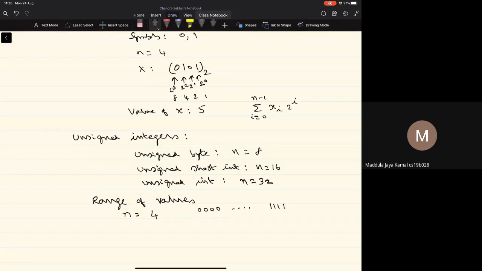All ones, right? So the smallest magnitude of the number corresponds to when all the bits are 0, and the largest magnitude corresponds to when all the bits are 1, right? What is the value of this bit sequence? You can easily verify that it's 0, right? What is the value of this bit sequence? You can easily verify that it is